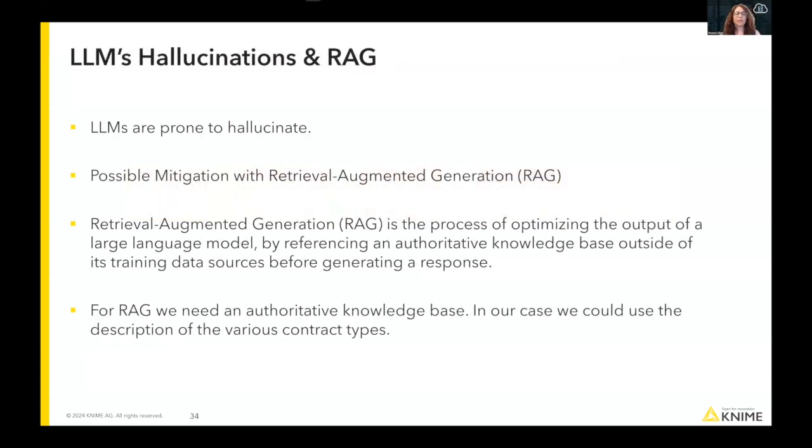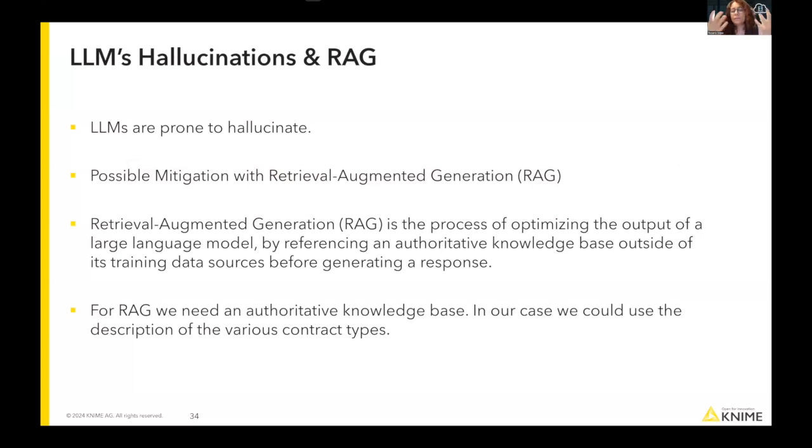So there is nothing to do. Large language models are prone to hallucinate. Also, I mean, our email was correct. It was not wrong, but it missed a bit of context. It missed a bit of description of what the contract was about. So if I receive an email like that, if you sign a contract, I sign tons of contracts. Which contract are you referring to? Something like that, right? So a possible mitigation and a possible context